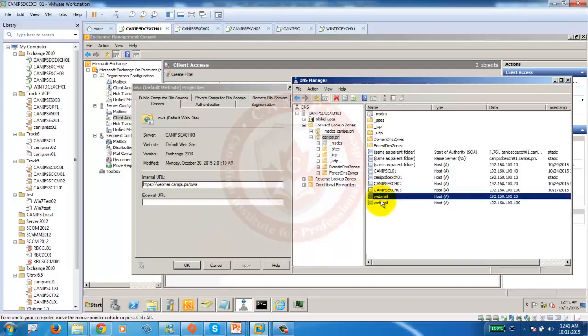Now guys, just to make one more comment on this, as we create records with the same name with different IP addresses, this will act as a round robin network load balancing, NLB. So whenever DNS receives a request from a client to connect to CAS, the first request goes to the first server, second request goes to this, third goes to this, and so on, meaning DNS will automatically load balance both of the CAS servers